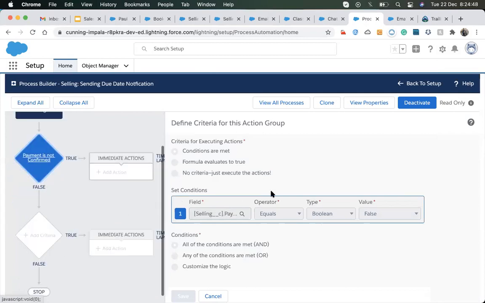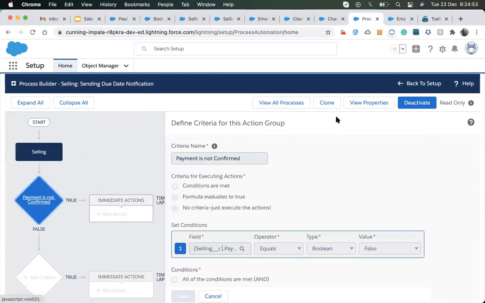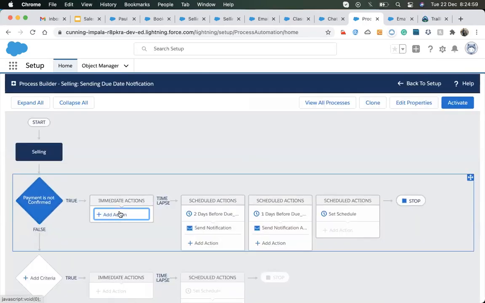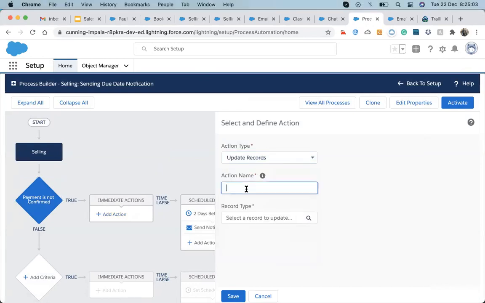So what I'm going to do, let's do that thing. I need to clone. Update the record. Update the due date from the parent bookstore.